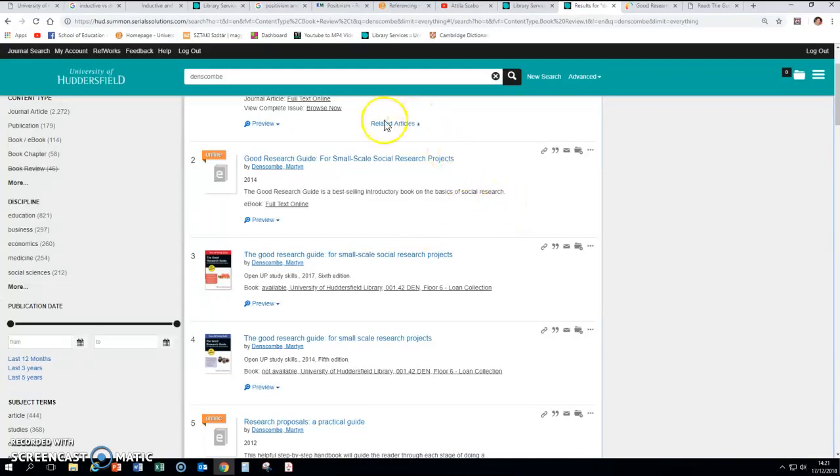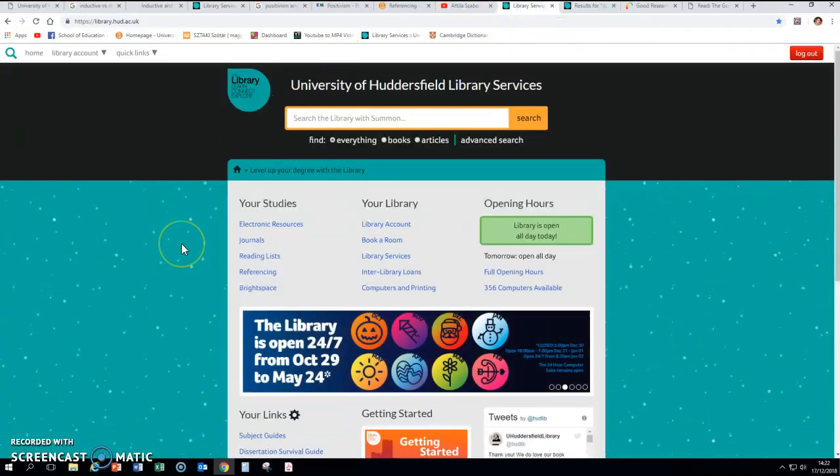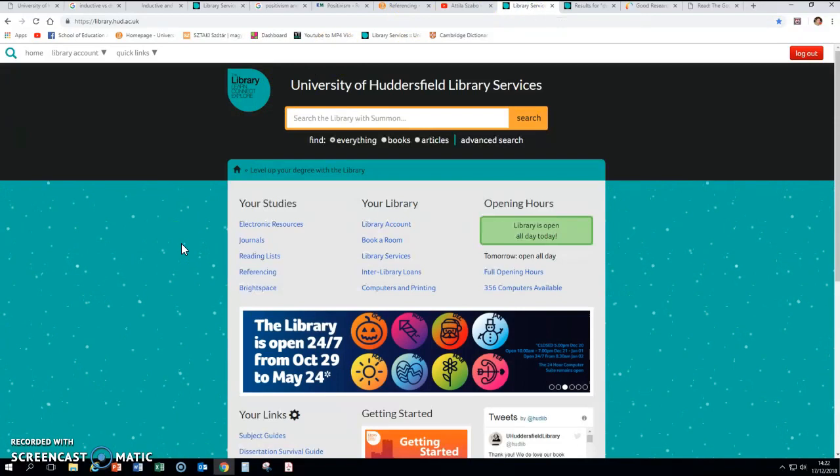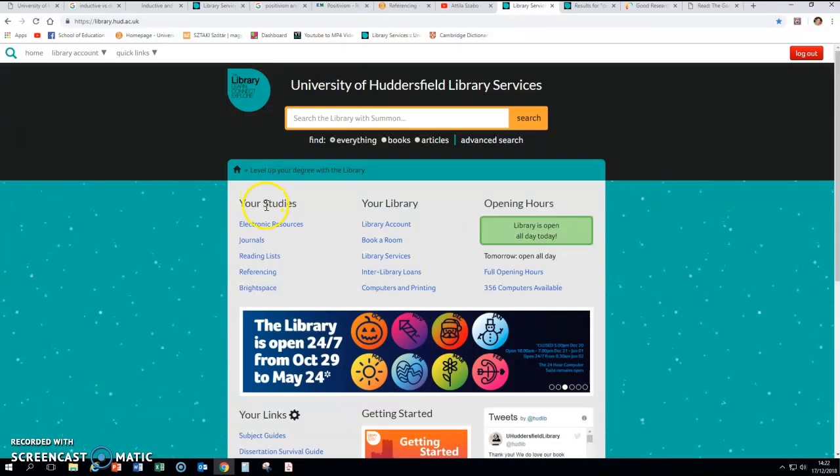So once you find a book that you want to reference, you can see this cite this item button. But I would recommend not using it because it is very often incorrect. So unless you are 100% sure that you would recognize what is the problem, then I would recommend not using it. Instead, what you would need to do is come to the main page of the library, and here under